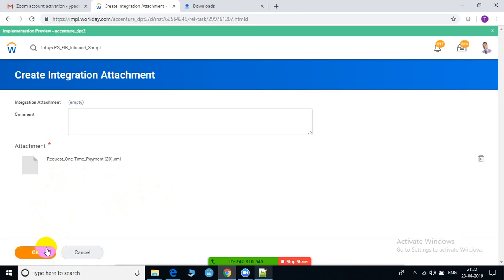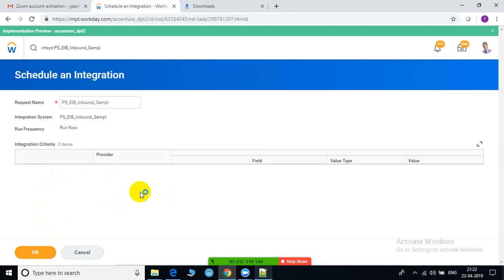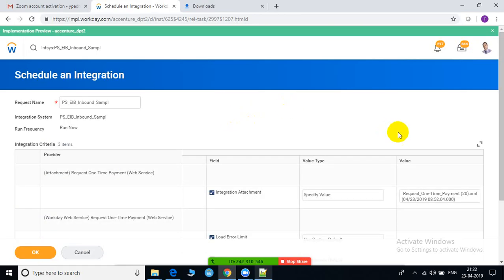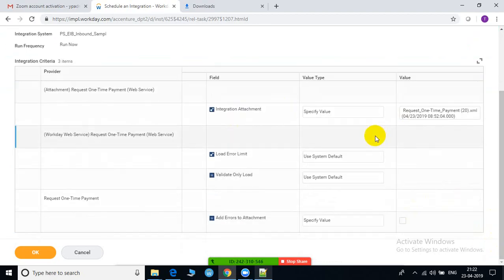Now save, okay. See now the request one time payment 20.xml file at this point of time that is now created. Now before that, what I wanted to do, if you wanted to give some error limit you can give it, and before that you can validate the XML file that we are trying to load into the web